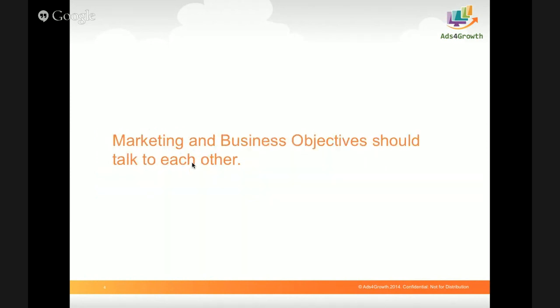Now, before we get started, the one thing is that I've always seen that a lot of marketing objectives sometimes do not align with the business objectives, and I feel that that should be the first alignment that we should have, and first agreement that we should have, that the business objectives and marketing objectives should be one, or marketing objectives should help drive the business objectives. In cases where they are two, or in cases where they differ, is where this dissonance happens, and it doesn't end up very well. And I'll give you some examples.